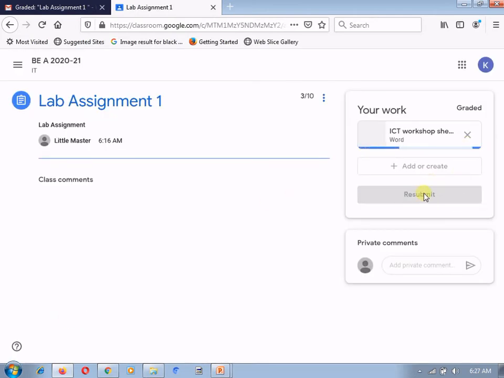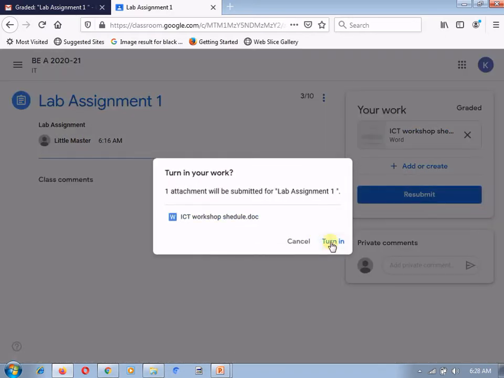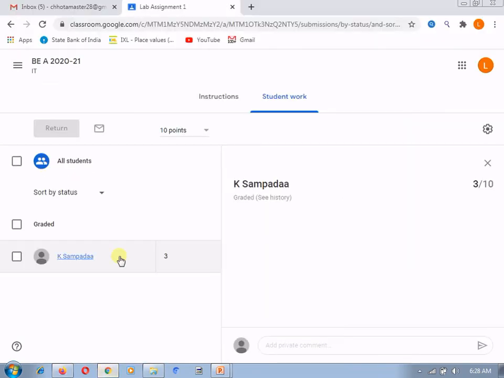So after resubmitting, the student turns in, and now the teacher will be able to grade it once again. So let's move to the teacher's login.